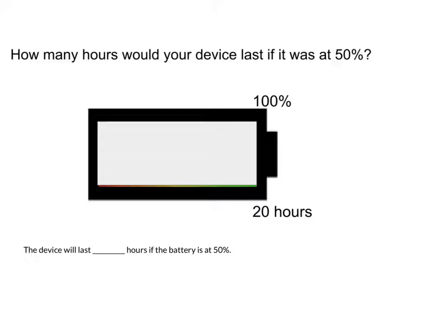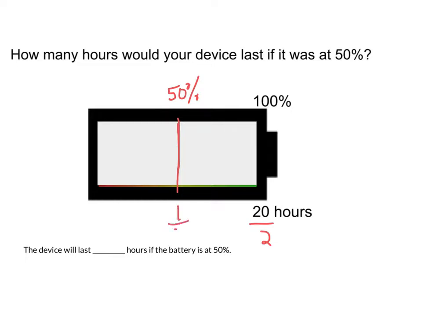So if my battery is at 50%, well, 50% is half of 100. So I'm gonna go ahead and split this up. So I'm gonna put 50%. So if it's 50%, what I have to do, I would need to divide this by 2 because 50% is